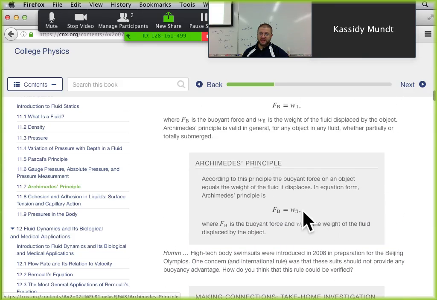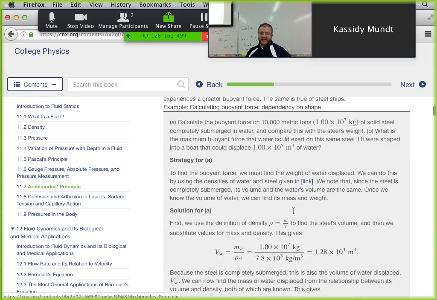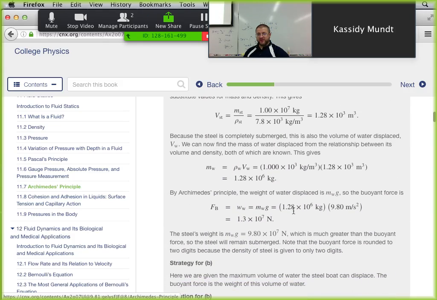And we thank Archimedes for that. Here's Archimedes' principle. The buoyant force is equal to the weight of the fluid displaced. And there are some variations on that equation that involve the density. For example, if you want to calculate the weight of the fluid displaced, you can take the density times the volume times g. So rho vg would equal the weight of the fluid.